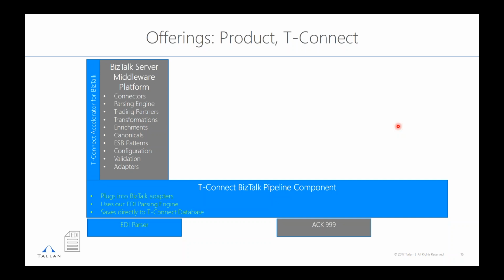We take that ANSI EDI stream, and the output of our parse is an object model. So instead of going from ANSI EDI to a big bloated XML, you can work with C# against that object model, which makes it great if you want to apply policy and rules to that EDI message.